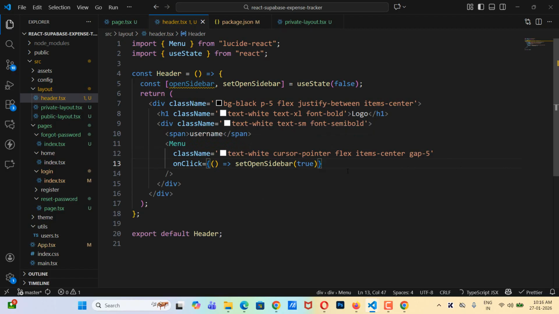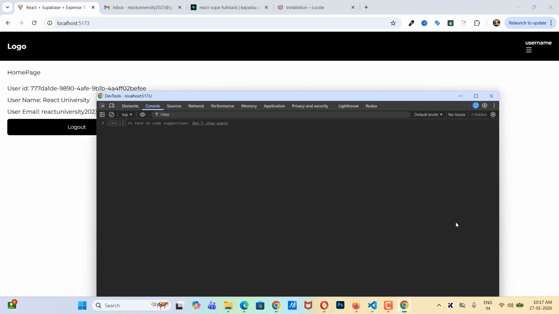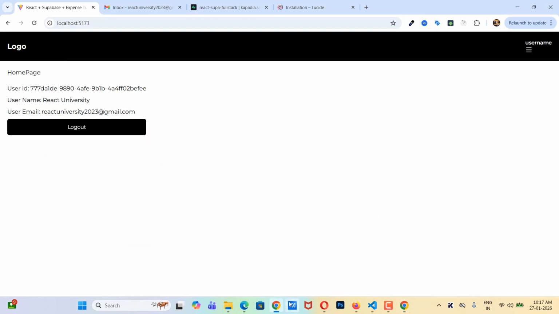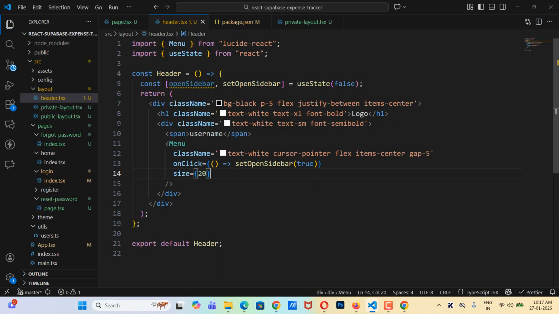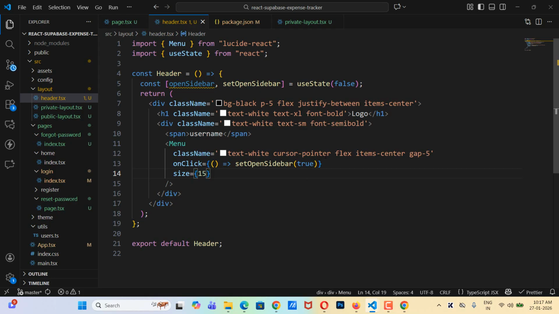Save this, and we need the menu icon size to be 15. Let's keep this 20. Save this, go back. Why is this not changing? If I change this to 15, yeah, it is getting small, but the other one is not working.